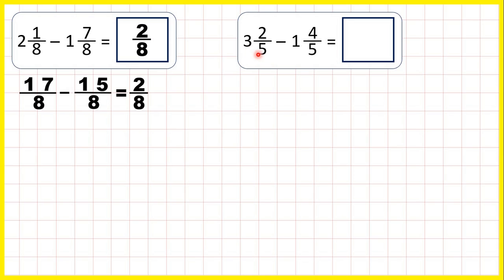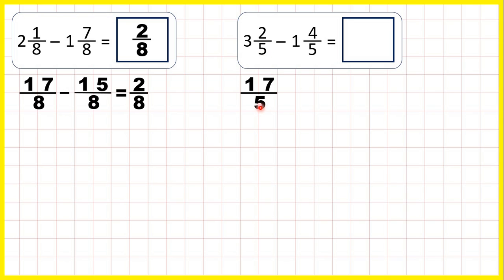Now we have 3 and 2/5 minus 1 and 4/5. So as an improper fraction, 3 and 2/5 is 17/5. That's because 3 times 5 is 15, and then 15 plus 2 is 17, so that's our numerator, and the